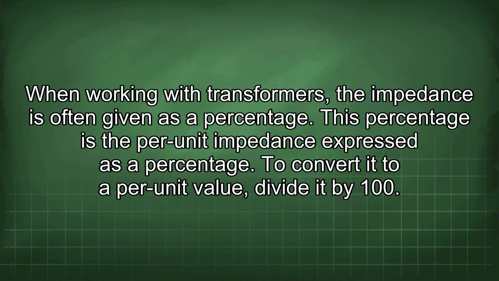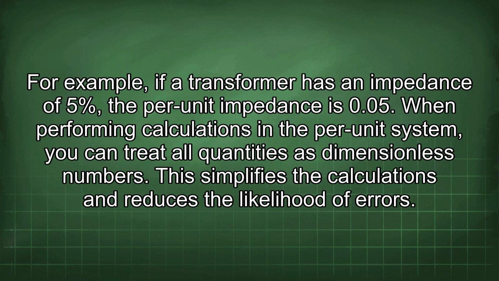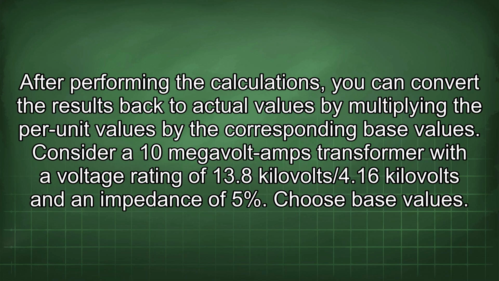When working with transformers, the impedance is often given as a percentage. This percentage is the per unit impedance expressed as a percentage. To convert it to a per unit value, divide it by 100. For example, if a transformer has an impedance of 5%, the per unit impedance is 0.5. When performing calculations in the per unit system, you can treat all quantities as dimensionless numbers. This simplifies the calculations and reduces the likelihood of errors. After performing the calculations, you can convert the results back to actual values by multiplying the per unit values by